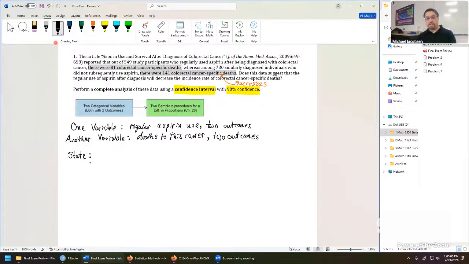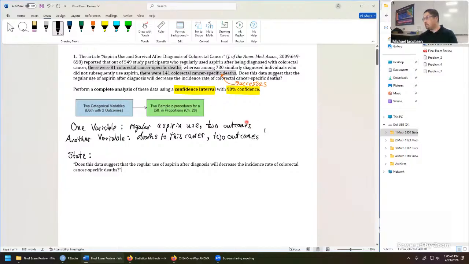For the state portion of the complete analysis, all I'm asking you to do is indicate what the practical question is. Directly cite it out of the problem, or write it in your own words. It's my way to help us all think about the context again and drive us to the right conclusion. So in the interest of time, to solve as many problems as possible, I'm going to cite the direct practical question requiring a statistical analysis right out of the problem, probably most of the time. So we read through these data,